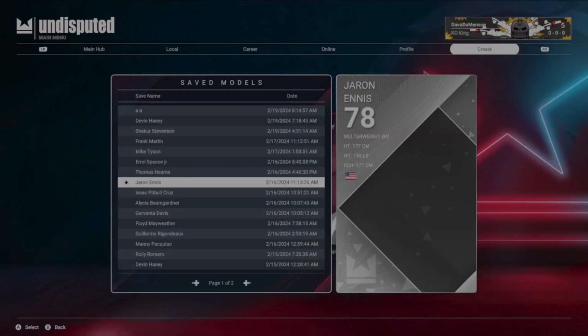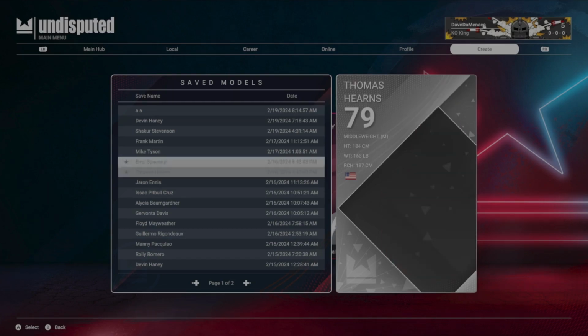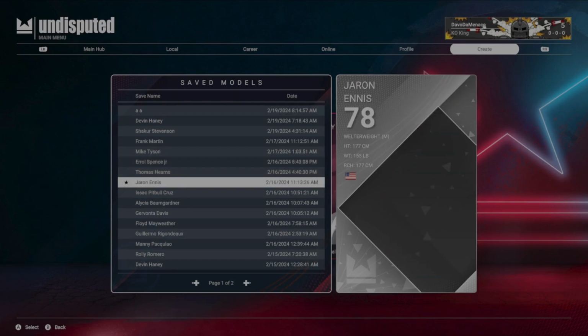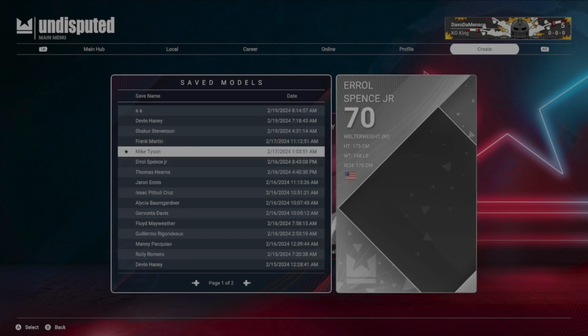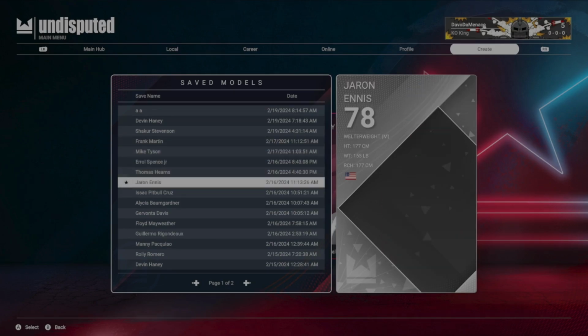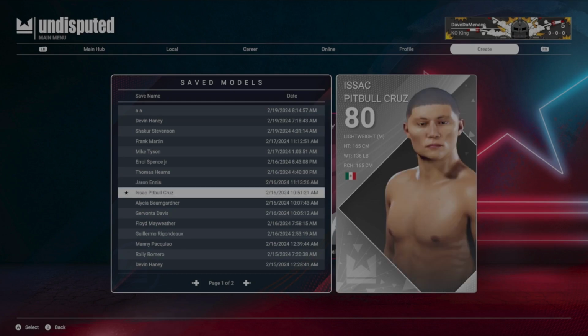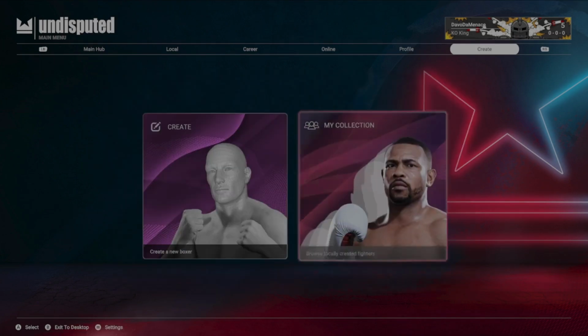Now, as you can see, if you have a file like this that is glitched, or you had to duplicate, or when you're making CAFs or duplicates of CAFs or kits, fight kits is what I meant to say, you're gonna have either no picture or it's gonna be the same picture for a multitude of fighters. So to get into these, or if a file is crashing your game, to get into it, to edit it, all you have to do is go over here to create,